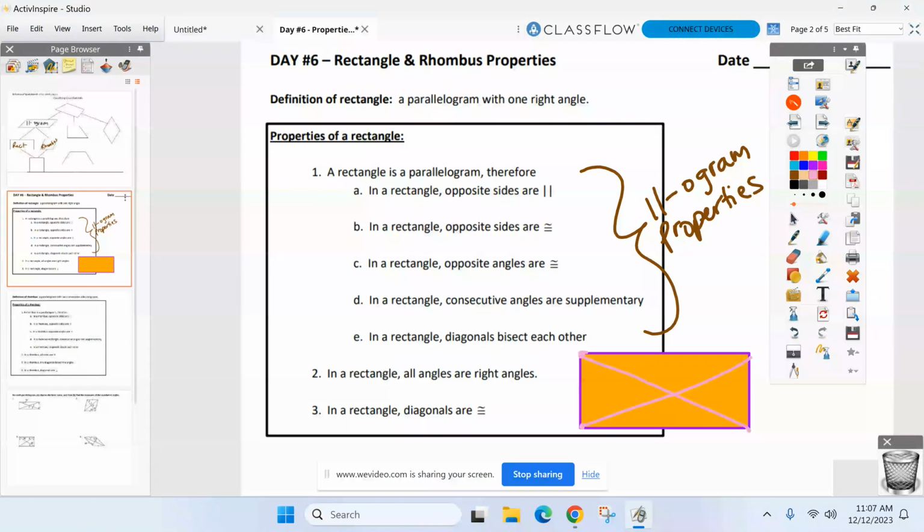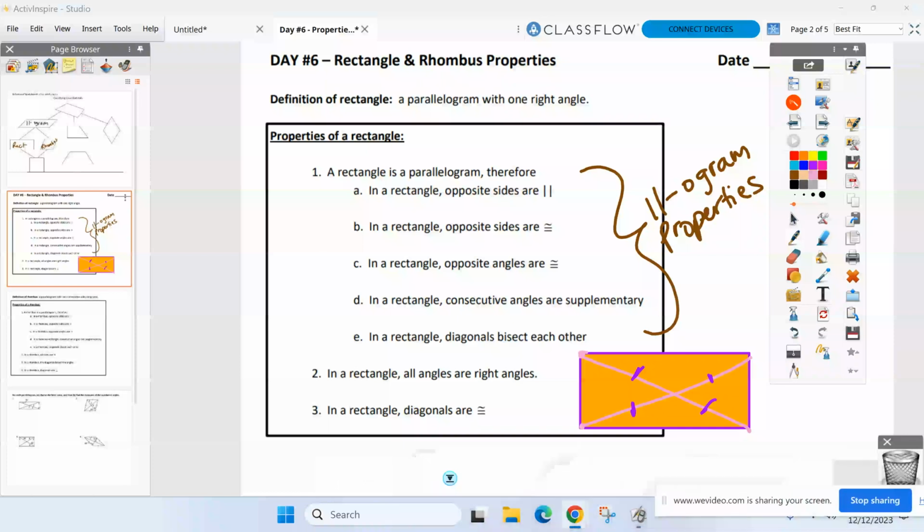Now, I want to go a little bit deeper here with you. They are congruent, and because it's a parallelogram, they also do what? They bisect each other, because that's a parallelogram property. So, you tell me, if they're congruent and they cut each other in half, what do I know about these 4 pieces here? They're all congruent to each other. And that leads me into the 4th property, which I do not have down, but you are going to write down for me, which is